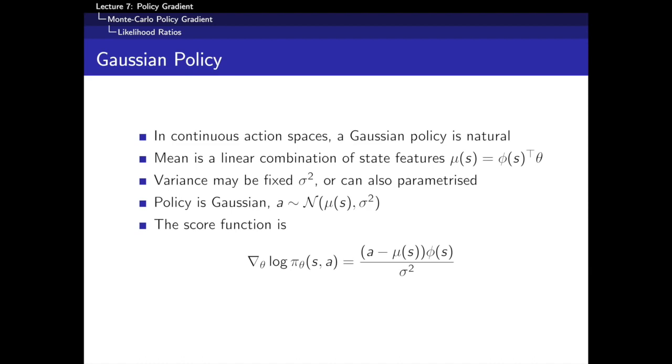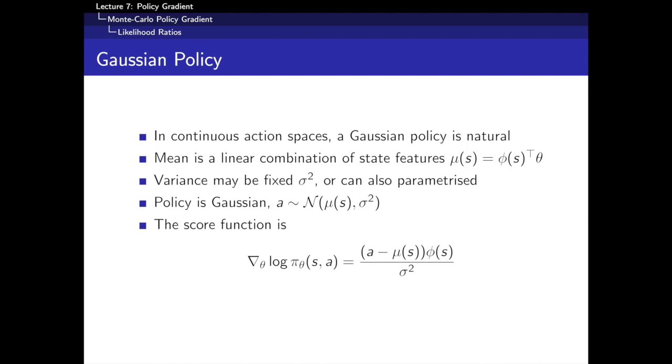mean, some variance around that mean, that says most of the time I'm going to take this mean action, that's given by, say, a linear combination of some features. But sometimes I might take some deviation from that mean, and there'll be some variance like sigma squared, which could also be parameterized. You could have a variable variance. But the simplest case is to say now the action is selected according to some normal distribution with mean mu of s, where this might be a linear combination of our features. Like before, we've got features of our state and some weights for those features, and some variance parameter. So basically we get to pick the mean, and then we just add some noise to that thing to make